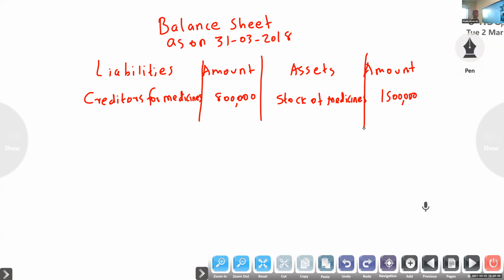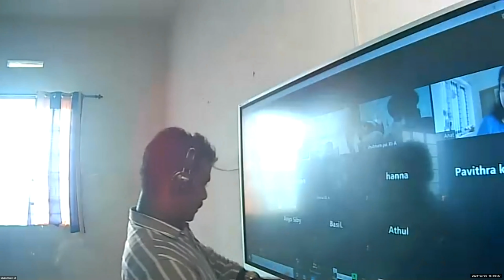Okay. So now time is over. Any doubts? With the payment, amount paid to creditors, add closing creditors, less opening creditors. If any opening advance paid to creditor, add, less closing advance paid to creditor. Then you will get a credit purchase of stationery. Then add cash purchase. Then you will get total purchase. Add opening stock, less closing stock. Then you will get the final answer. Okay. Thank you.